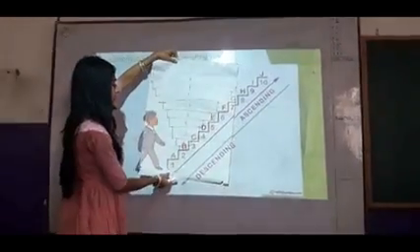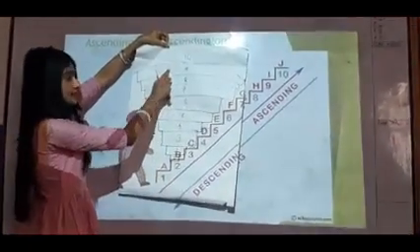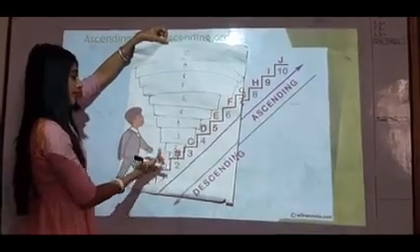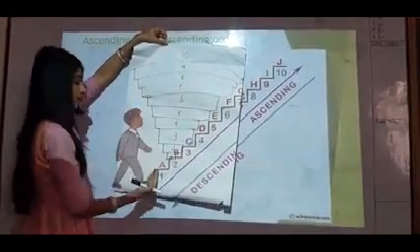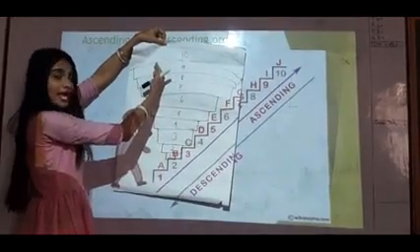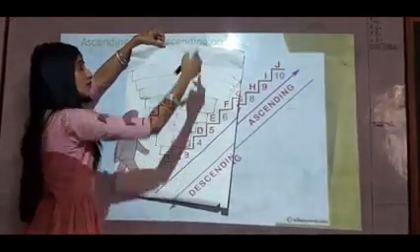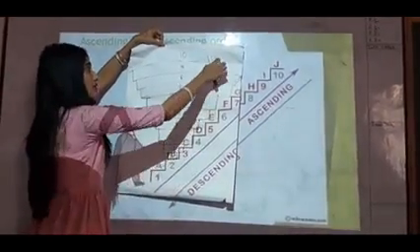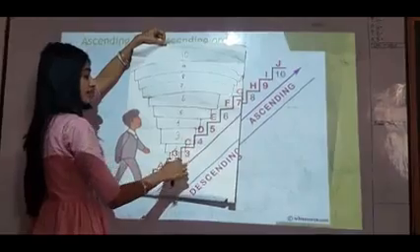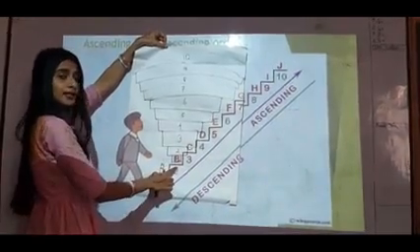You can see here also, this is called ascending order. If you go in this direction, 1, 2, 3, 4, 5, 6, till 10, it is called ascending order. And if you go from here to here, from bigger to smaller, it is called descending order. From 10, 9, 8, 7, if you come till 1, that is called descending order.